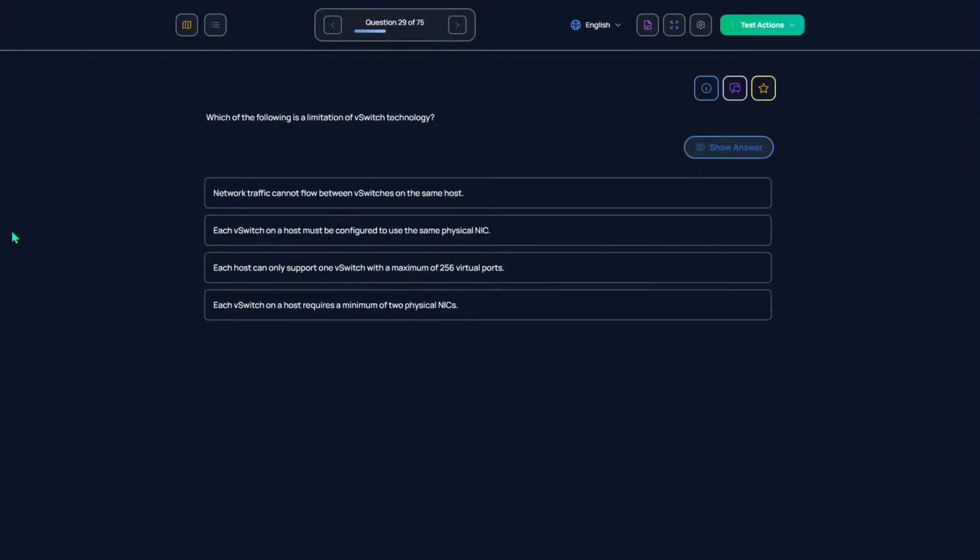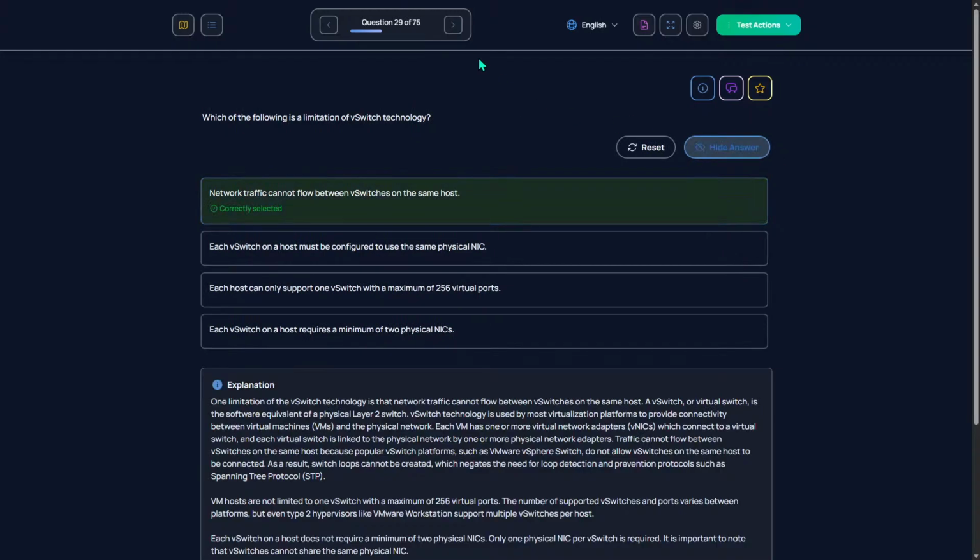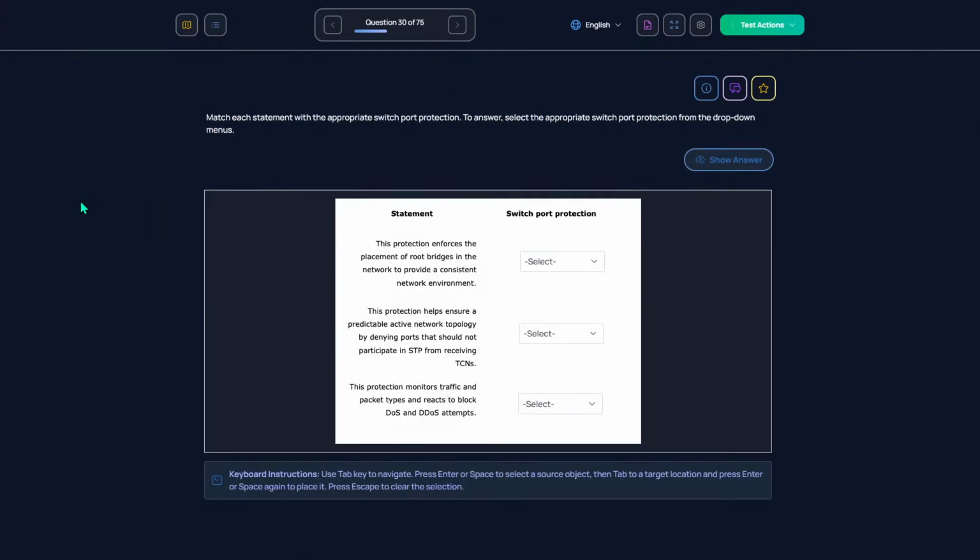Which of the following is a limitation of a V-switch technology? CPU and flood guard.